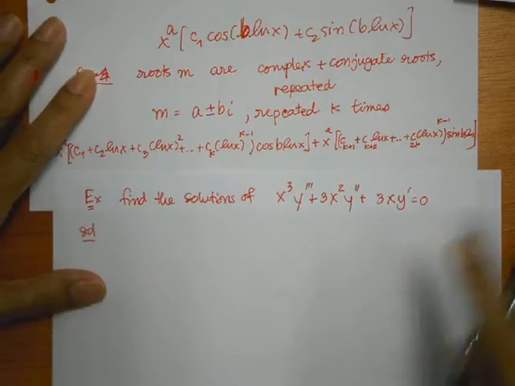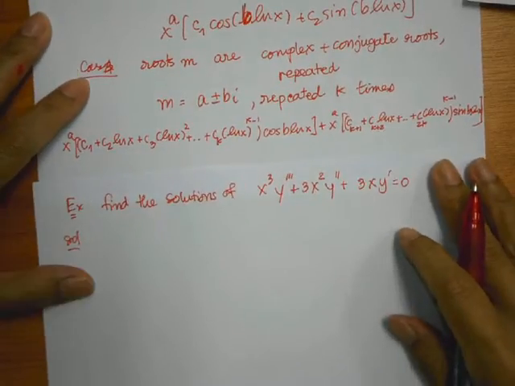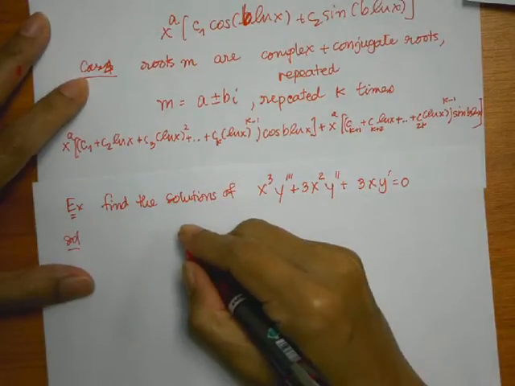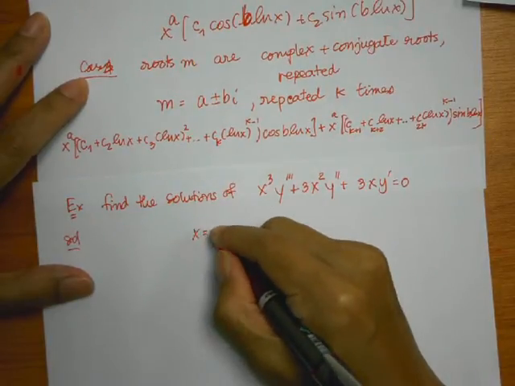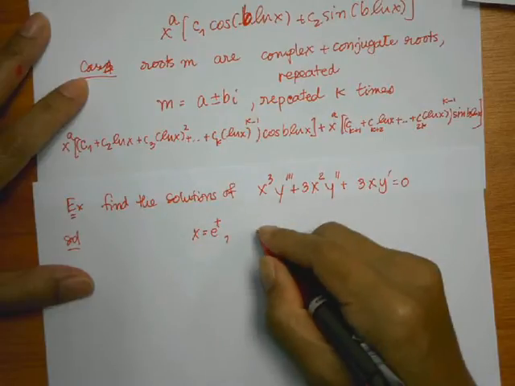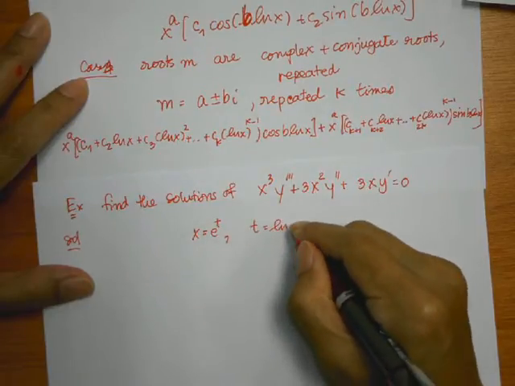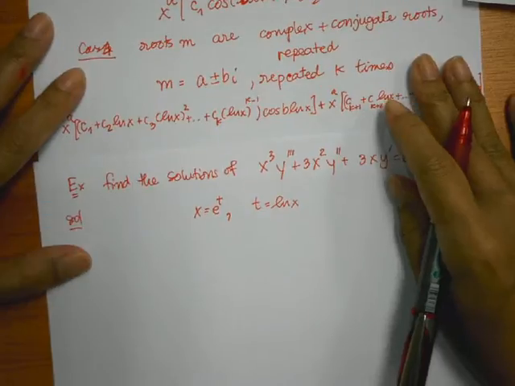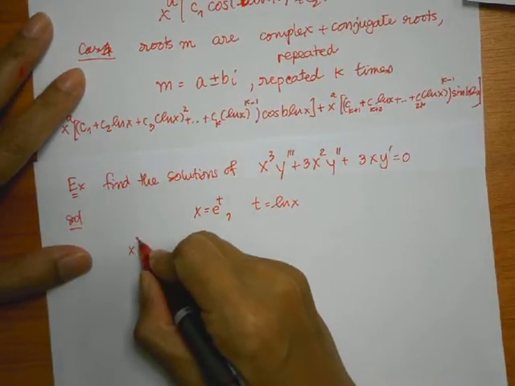Take a look at the example. Now, if I'm going to use this first technique, I define x is equal to exponential of t, or t is equal to ln x. Okay, I will use the definition that we have here,